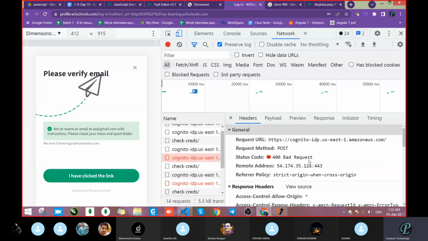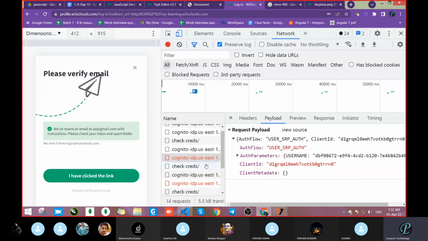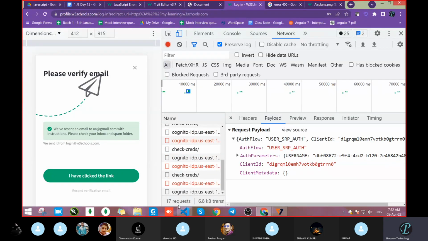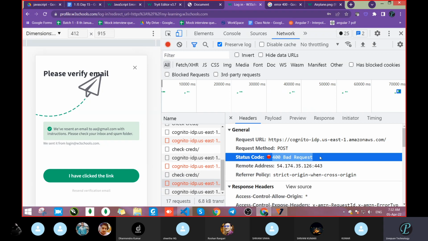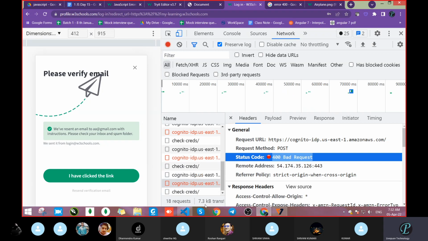So check again, bad request, because each second they are trying to send the request. Now this is the 17th request. See that each request is repeating within seconds because they are validating. So how are they validating? With the help of a status code. The main thing is the status code, and on that status code you will verify that. Now see, the 20th request is gone. So each second they are sending the request.